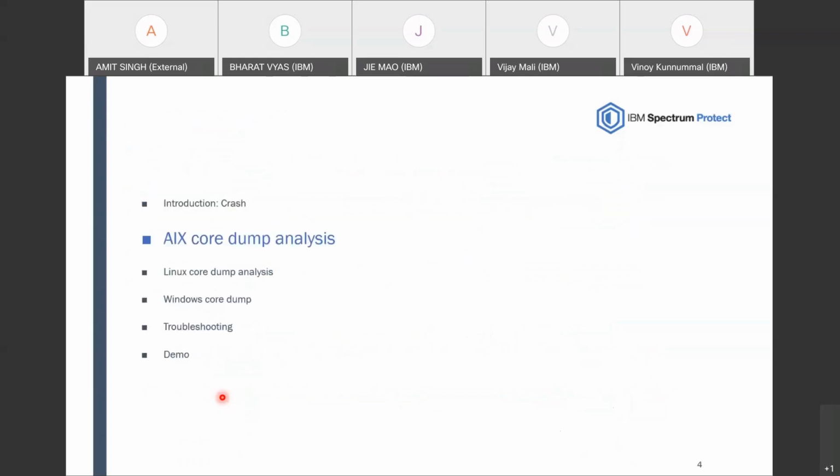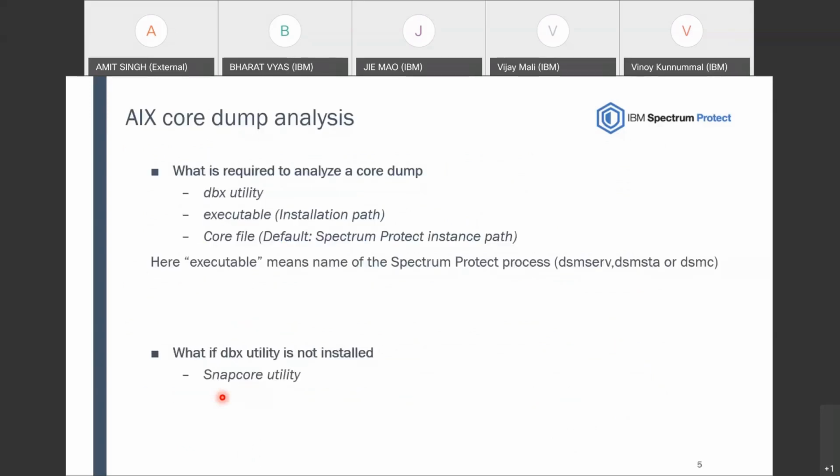Next slide is AIX core dump analysis. What is required to analyze the core dump file? We need the DBX utility, the executable, and the core file. The DBX utility is an AIX OS utility, and executable means the name of the Spectrum Protect process. It's dsmserv, dsmsta, or dsmc.